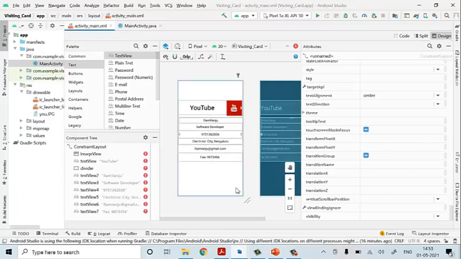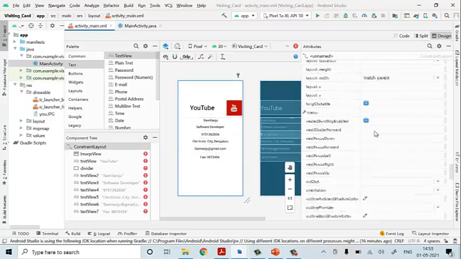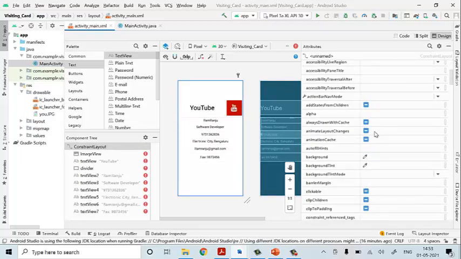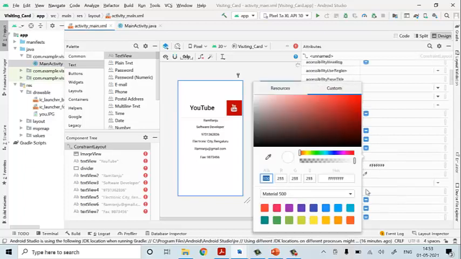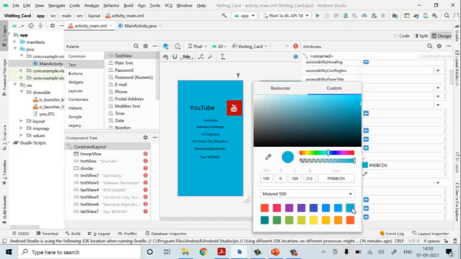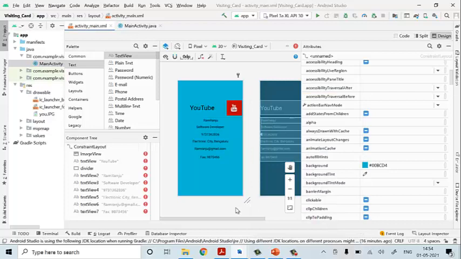If I want to apply the background color, which operation do we have to make use of? At the top we are going to have some background, so we have to select any one color. You can select and click on it. Just it will change to that particular color. That's it. Okay. Now if you want to run this particular code, you have to go for the play button on the top. Just click on this particular button. Now the installation has been started. Here at the downside you can check it out, starting AVD, and Gradle will start running.